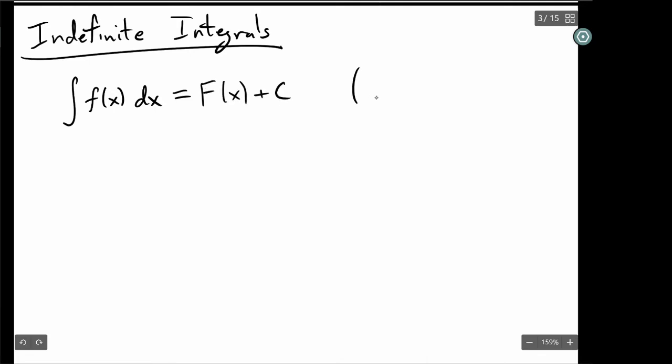Right? So here we still have the derivative of capital F should be little f. So it's saying kind of like, this is notation for the most general antiderivative. So as a matter of fact, we could sort of use indefinite integral and antiderivative as synonyms of each other,